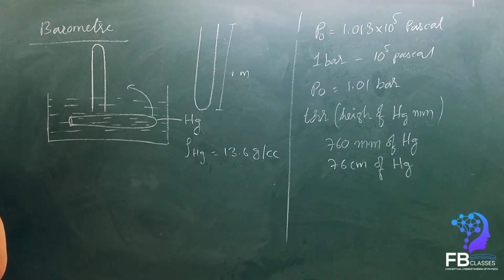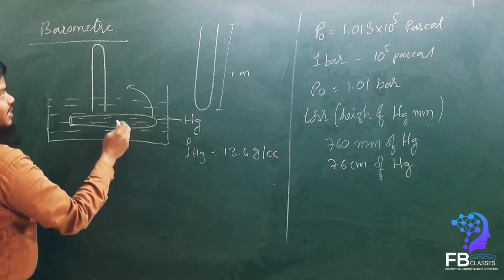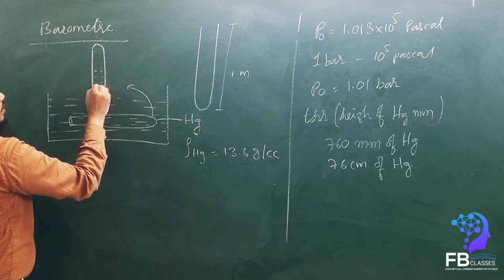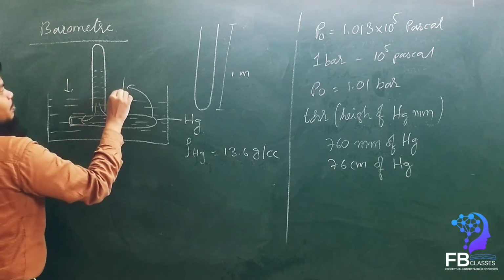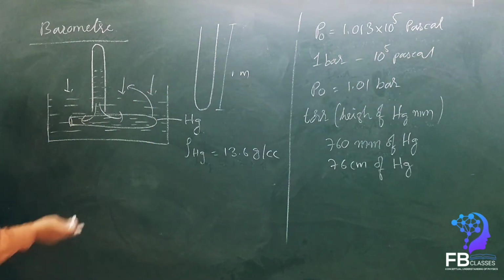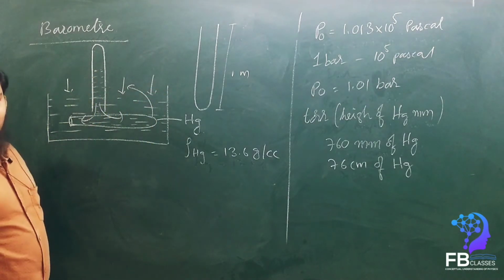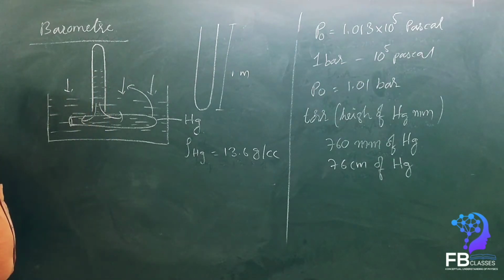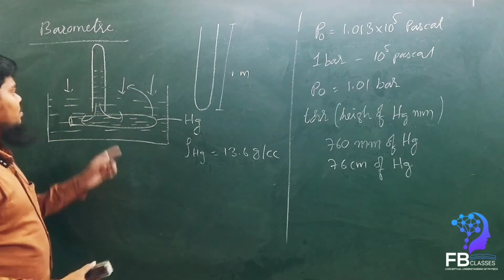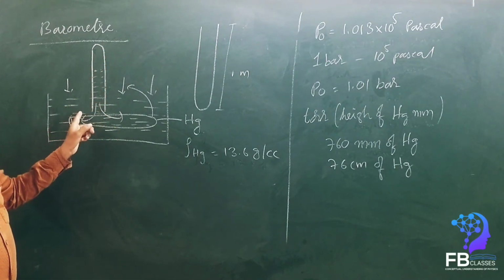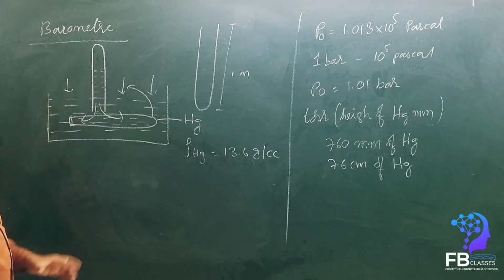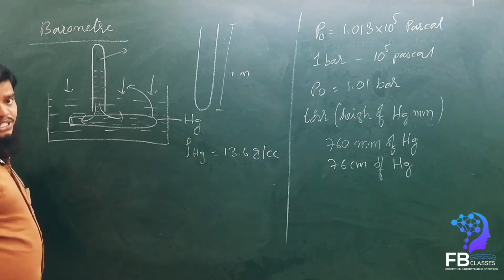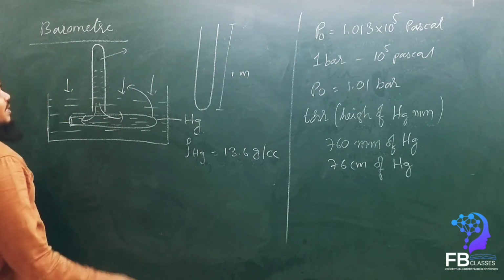Now what will happen here? The mercury, which was completely filled, some of it will come down. Due to the atmospheric pressure, the atmospheric pressure will be balanced by the rising of the mercury in the test tube. Simple, my dears. Once the mercury comes down in the test tube, will there be air or vacuum? It is completely vacuum. This vacuum we also call the Torricelli vacuum; some books mention Torricelli vacuum.